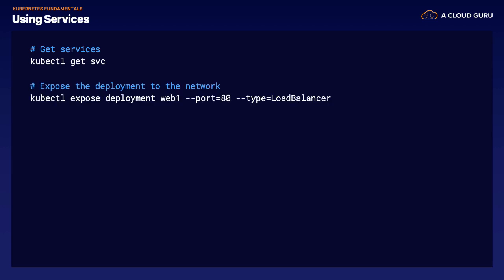Now, the simple command to see the status of your services is to run kubectl get service or svc. If you want to expose a deployment to the network, you can use the kubectl expose command. You specify that you want to expose a deployment, the name of the deployment, the internal port on that deployment, the port number that you want to expose it on,